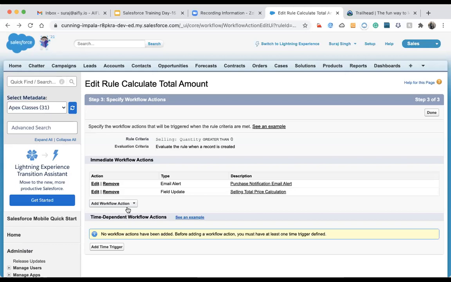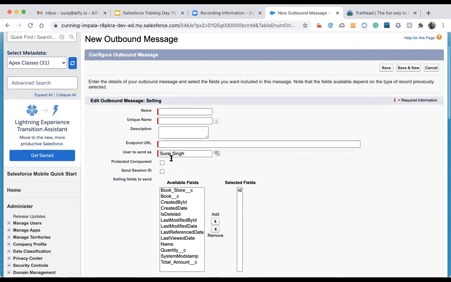It will just pick up that information and send it to this endpoint URL. For this we need to build an endpoint URL, which depends only on our third party system. It will take that information and send it to the third party system, so that the third party knows what changes have happened to these fields, and it will perform actions accordingly. The outbound message's job is only to send the information to a third party system.